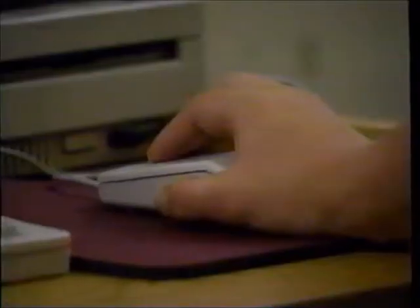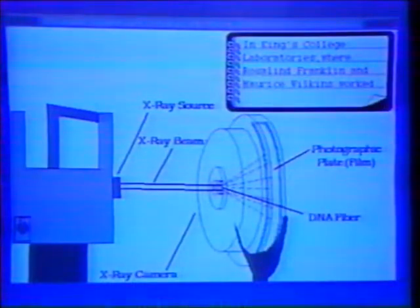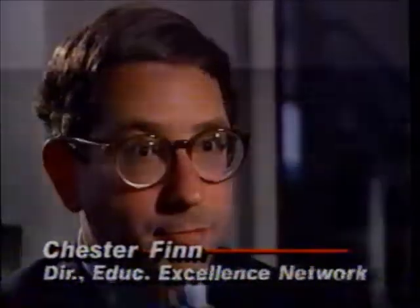Maybe a gadget in the laboratory raises a question. This is an X-ray diffraction camera. Just click on it again to find out how it works. One of the teachers that we work with used this in a class, and her problem was that everybody did well. But we're a whole long way from having those in